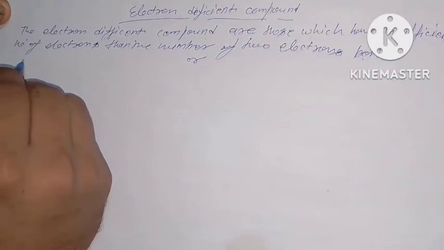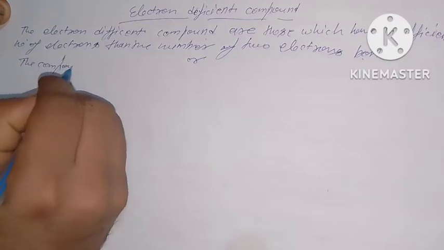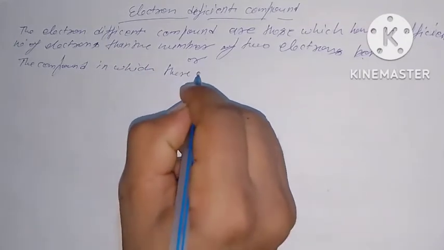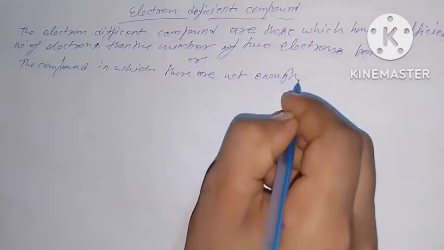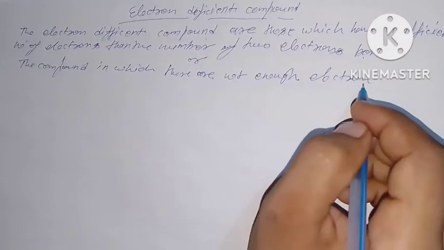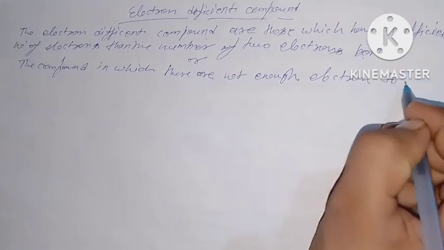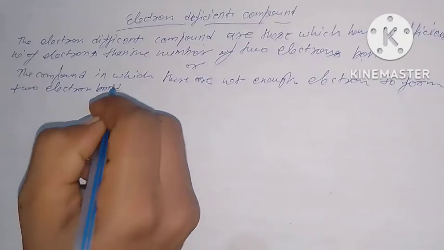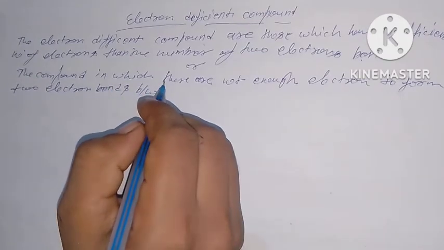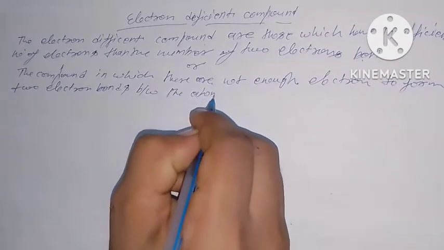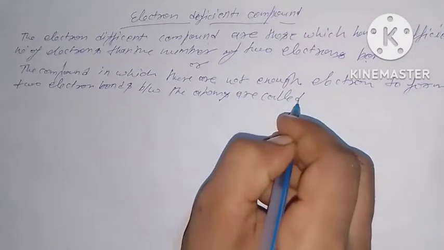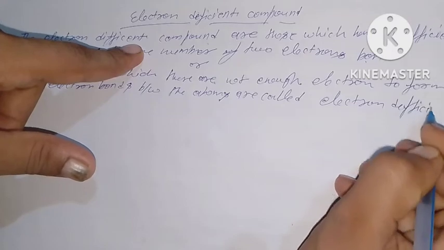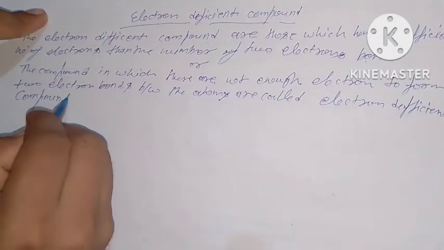Okay, the compounds in which there are not enough electrons to form two-electron bonds between the atoms are called electron deficient compounds. Example: